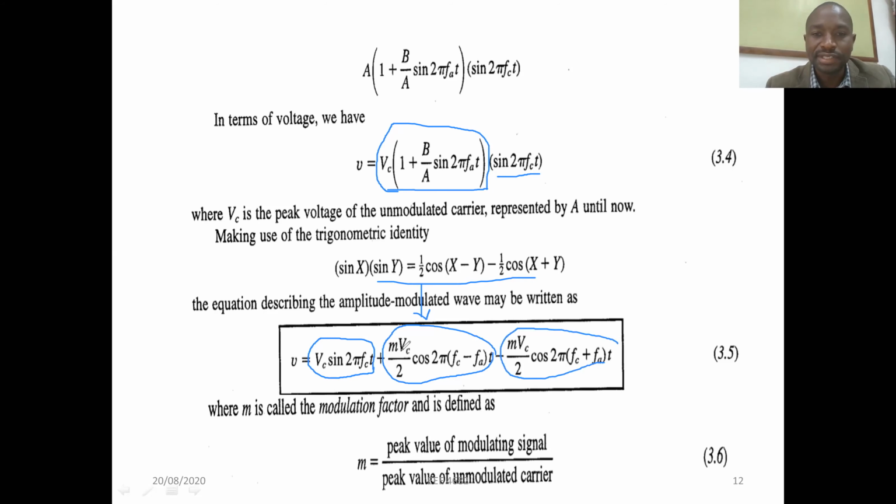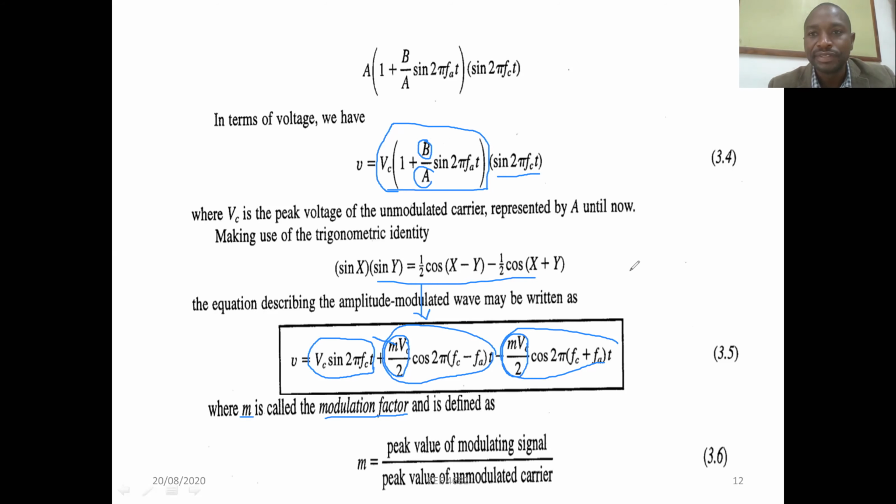So you notice also from equation 3.4 that the amplitude of the lower sideband is the same as the amplitude of the upper sideband. However, in this amplitude, we have a component called M. That M is basically the modulation factor or modulation index, and M is given by the peak value of the modulating signal, which is B, divided by the peak value of the modulated carrier, which is A. So the ratio of B over A gives you what is known as the modulation index or modulation factor,